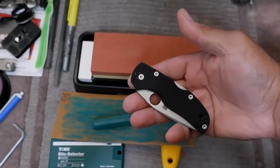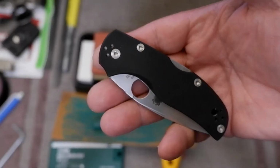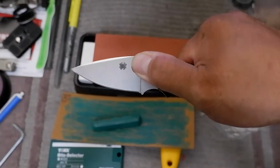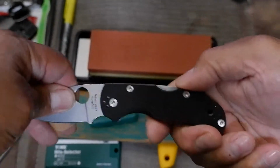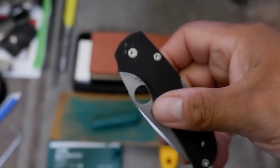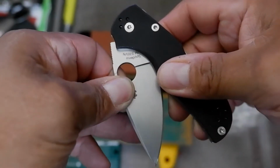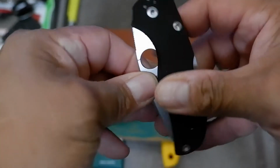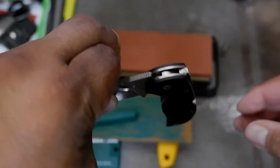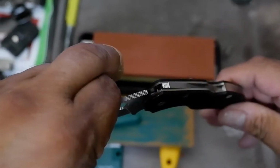I think the person who originally bought it, who decided he wanted to sell it and I bought it from him, did so because this would not open. When I first got it, it was so, what you might say, tense, excuse me, that I had to take two hands to open it, and it was hard. Even now, I'll show you if I can, how this is not exactly loose. Okay,